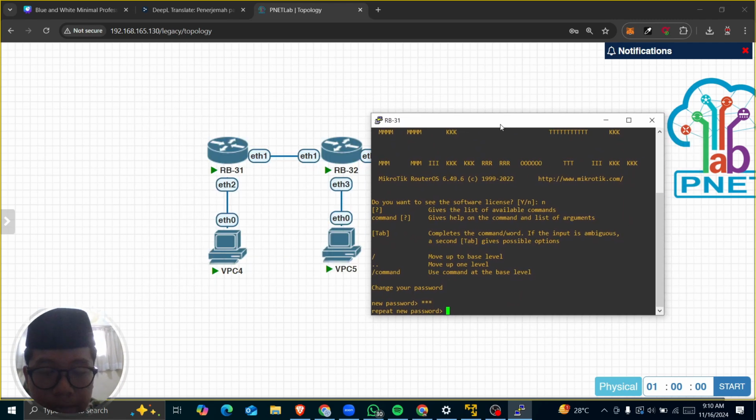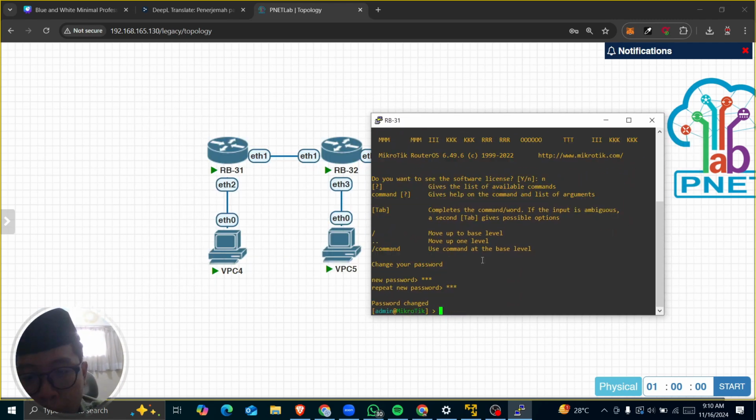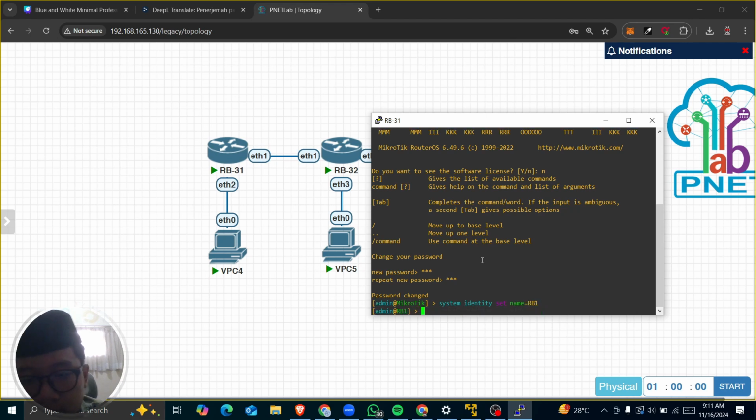Okay, first we're gonna change the identity, system identity, set name RB1. Next, we're gonna add the IP on the Ethernet interface.